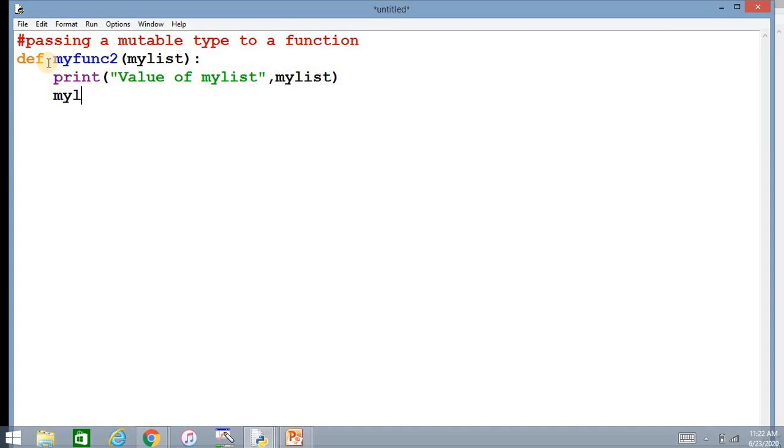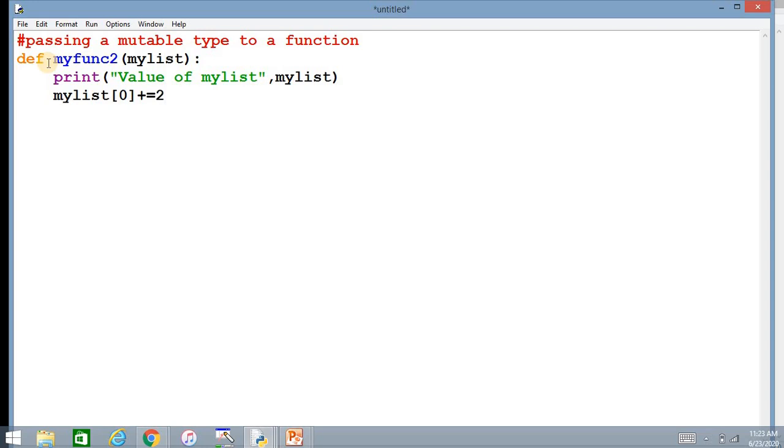How will you change the value of a list? Suppose I want to change the first index, I'll do it like this: my list of 0 plus equals 2. So what does it mean? Change the value of my list 0 and add 2 to it. So 2 is added up.